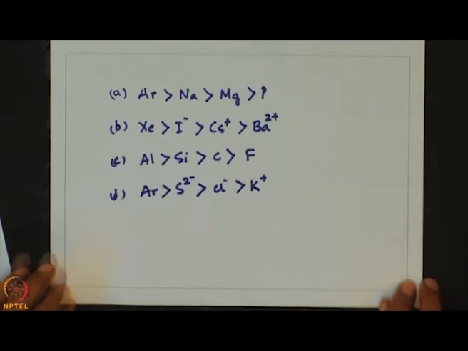So, here we had discussed in the previous lecture and also my first lecture the relative variations in atomic radii and covalent radii. By simply identifying the position of these elements in the periodic table, and by adding or removing electrons to generate the species shown, one should be able to write in this sequence without any problem.